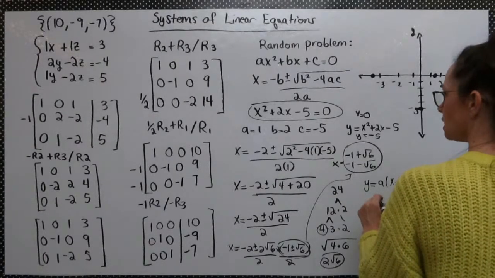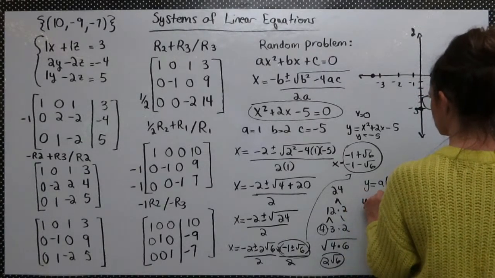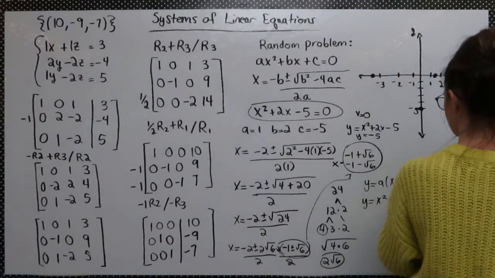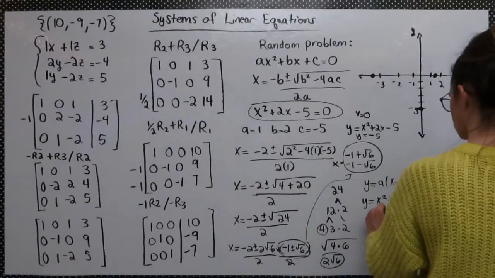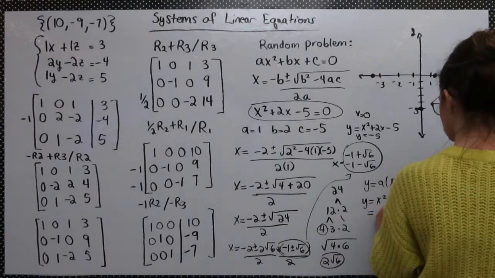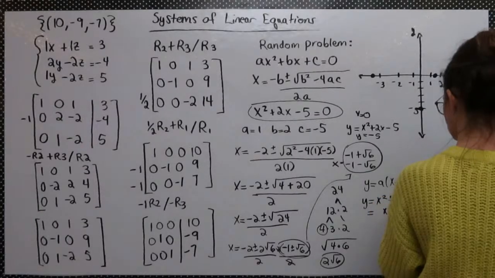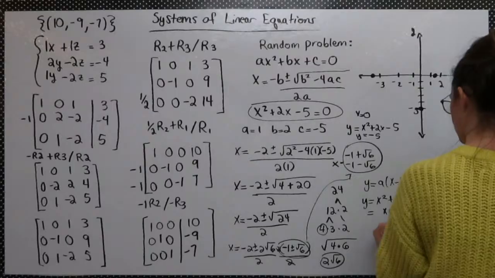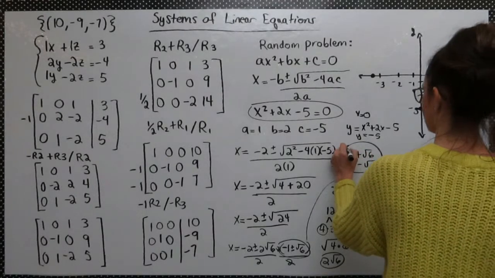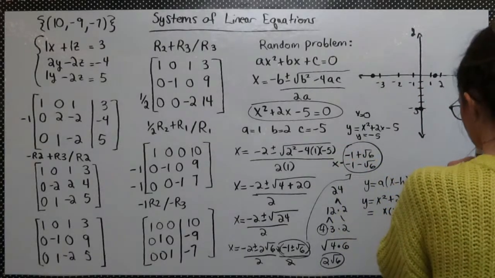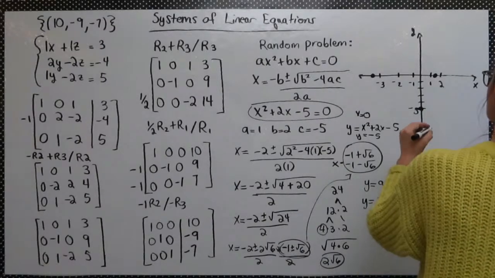So let's see if we could do that. So we have y equals x squared plus 2x minus 5. So this is going to be, let's see, it'll be x times x plus 2 minus 5. So we've got,